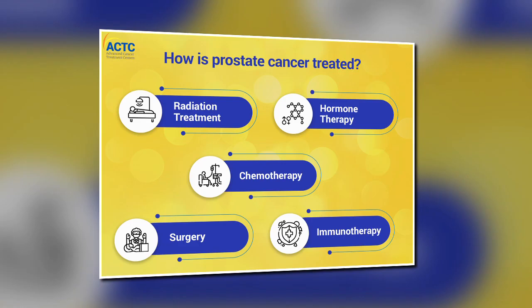How do I choose which treatment to have? You and your doctor will have to work together to choose the right treatment for you. The right treatment will depend on the stage of your cancer, your age, whether you have other health problems, and how you feel about the treatment options. Always let your doctors and nurses know how you feel about a treatment.